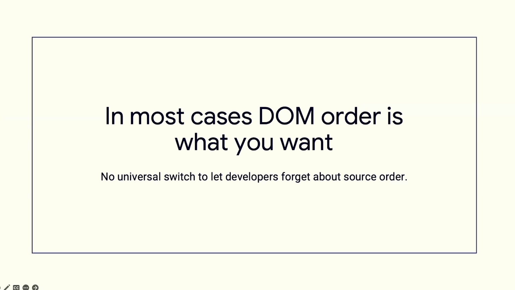Another kind of design decision here is that we wanted to make sure this is a definite choice on a per component basis. Rather than letting people just go, turn on the visual layout and let everything be a complete mess inside the document and you're going to let the grid decide. We didn't want people to do that. We don't want design tools to do that. In the case of a design tool, this is something that lets you drag things around to make a design using grid. If it used reading order to sort of fix that, that would be non-conformant. They shouldn't be doing that. They should be going and then updating the HTML to make sure that the source order is a sensible representation of what is on the screen.